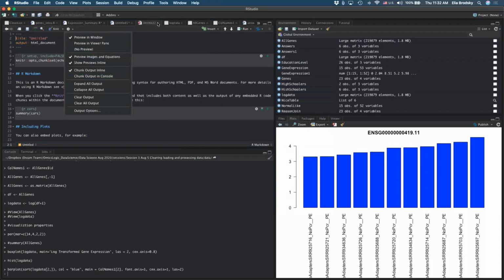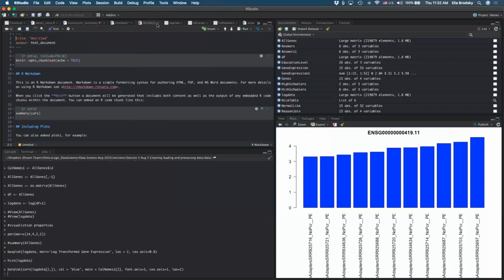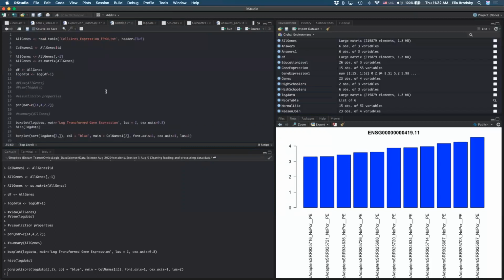Okay, so did anyone get this, was able to generate a plot of your gene? Did anyone generate a plot of your gene? Anyone else?